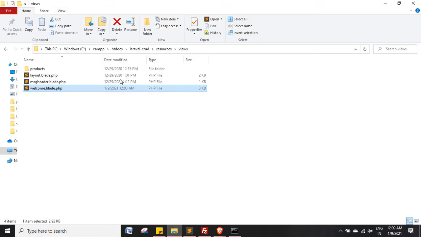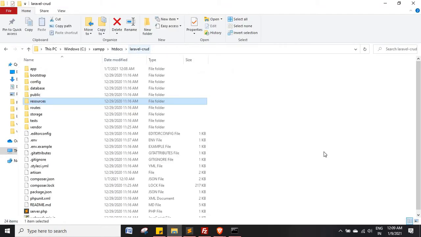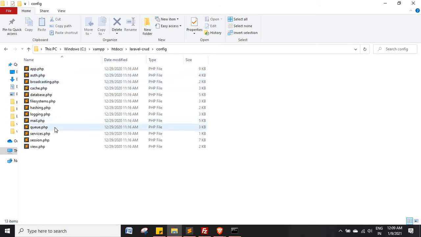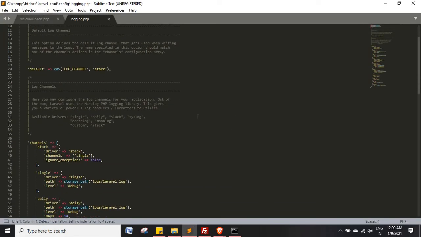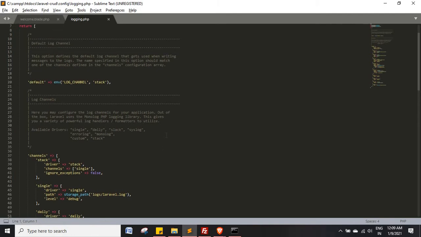If I go inside our project folder, we can see a file called logging inside config. Inside config you can see the logging.php file. If you open that file, you can see there are different channels, options and configurations they have given us to log your details.